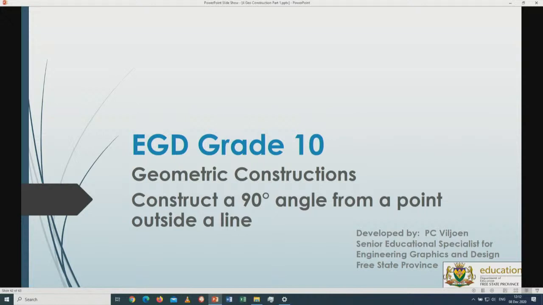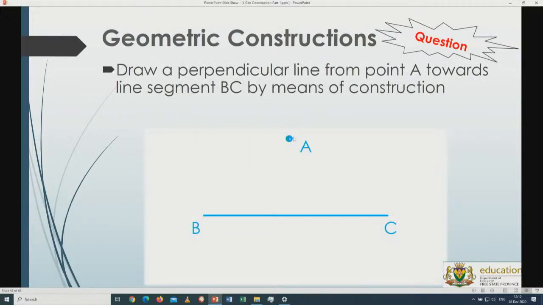Now constructing a 90 degree angle from a point outside the line. Up to so far, every time we were on the line. Now we're going to go outside the line. So in other words, I've got point A over here. It's not to say it's in the middle of these two, and I can't just use my set squares pointing downwards. I have to, by means of construction, construct a point downwards, making sure that this distance will